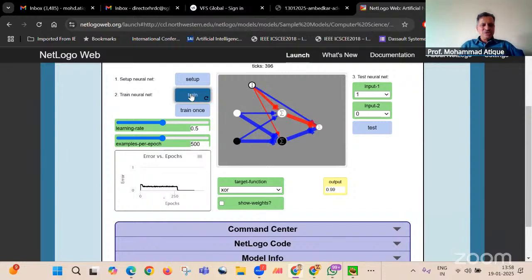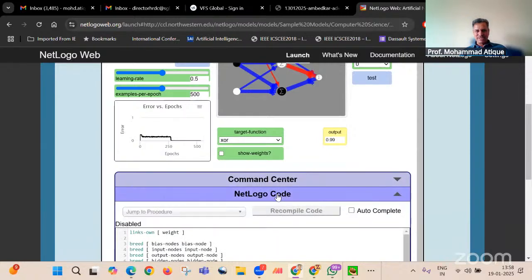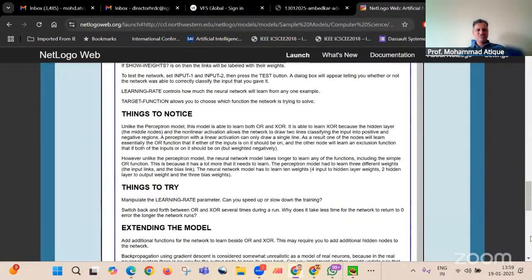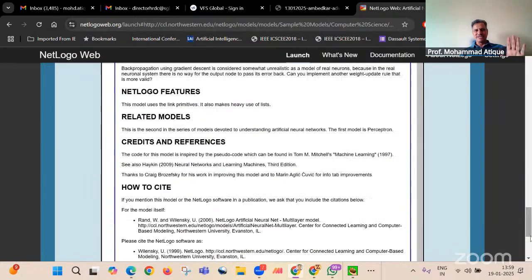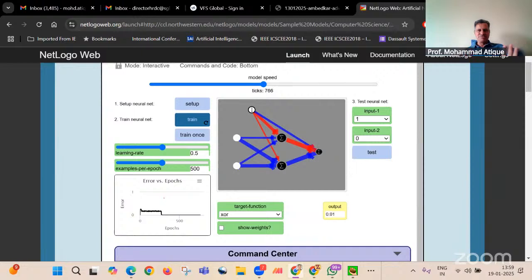So this is a simulation tool, and you can explore this. As you can see here, the command center is there. Then the NetLogo code I was talking about, the entire code is available here. And the model info is available here, right? What it is starting from scratch, what the aim is and how it works and so on. This I am picking randomly, but you can set up certain beautiful experiments with the help of this particular tool once again, right? So I think I have almost done. One more tool is left, but I'll leave it to you.